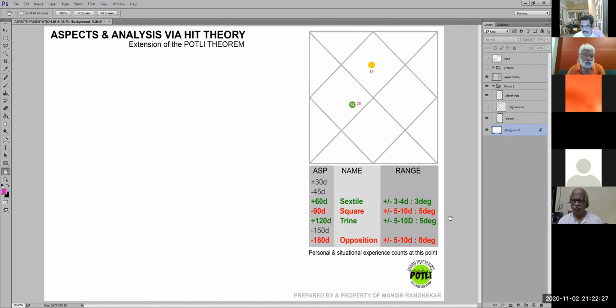Okay, if it is not doing, for example, you realize that a planet is hitting a planet and causing a knee pain, and Saturn, which is the karak of knees and bones, is on, and Mars, which inflicts pain, is also on. Then even if it is a little more than, let us say, 8 degrees, 9 degrees or 10 degrees also, you can consider it.